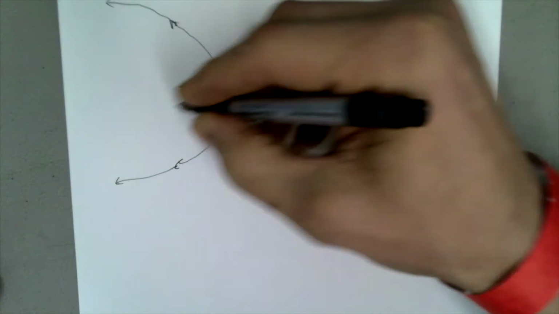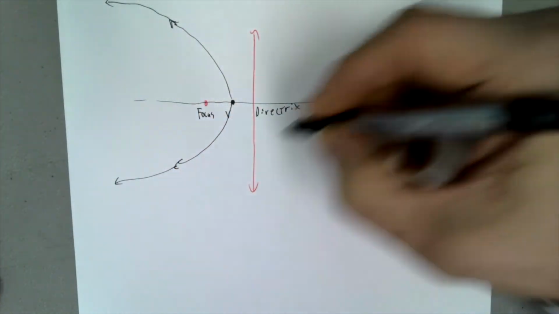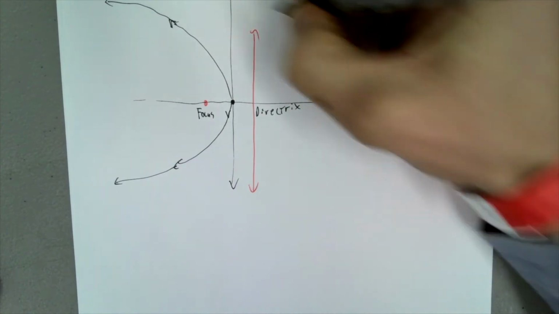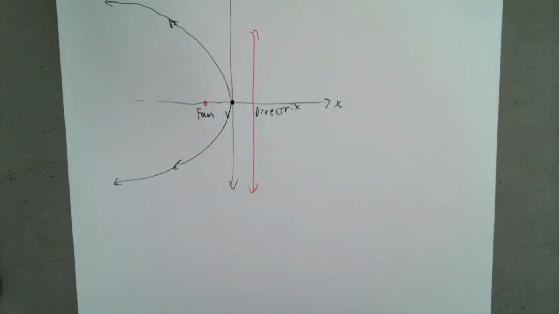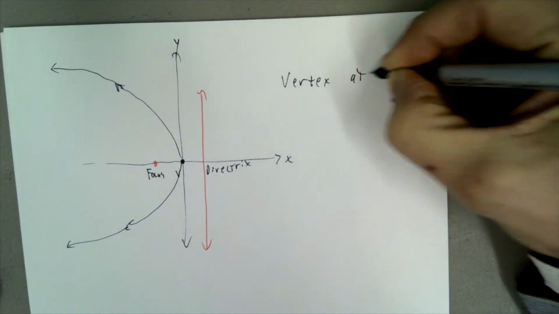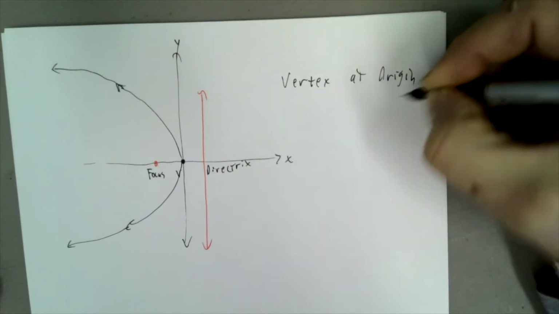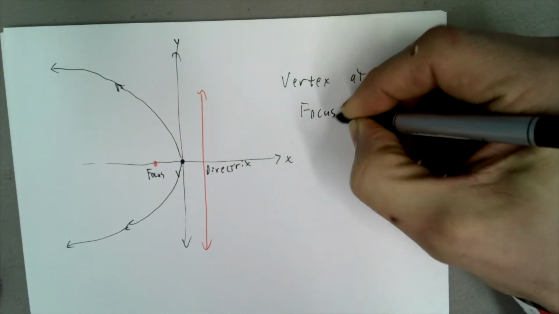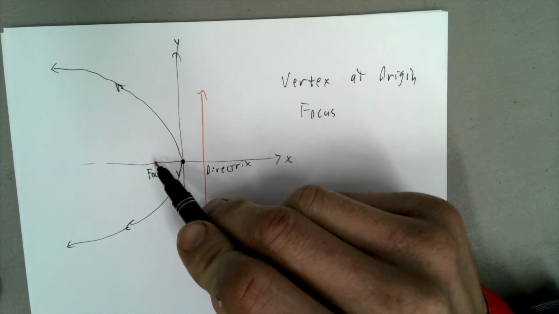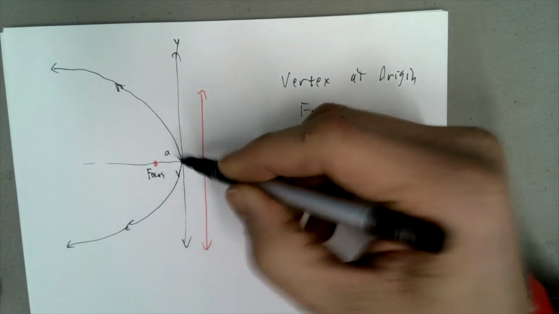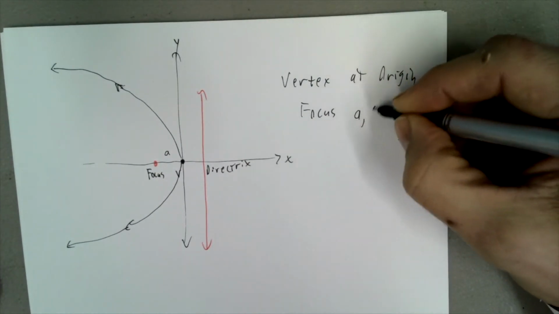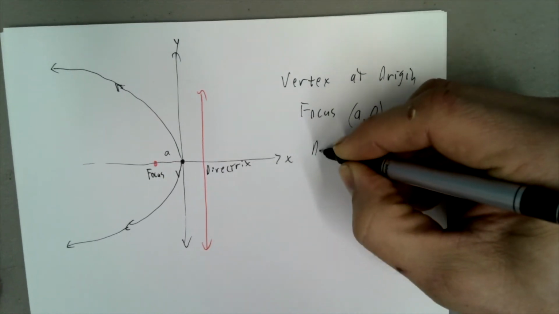And if you're set up with the x and y axis being here, and that's kind of a convenient way to do it, where that's your x and y axis and the vertex is at the origin, those are the kind we're tackling first. Vertex at origin, the focus for the sideways one, the focus is over here on the x-axis. The a value is the x-coordinate there, and it's on the x-axis, so it's at a, 0, and